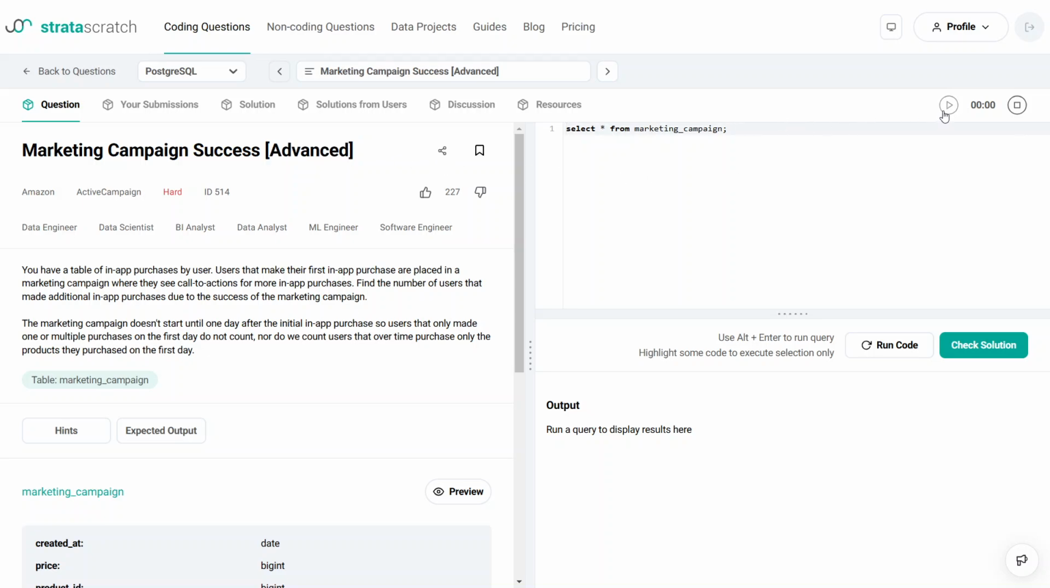Because this is a hard problem, I'm going to start the timer and give myself 7 minutes to try and solve it. All right, let's read the prompt. You have a table of in-app purchases by user. Users that make their first in-app purchase are placed in a marketing campaign where they see call to actions for more in-app purchases. Find the number of users that make additional in-app purchases due to the success of the marketing